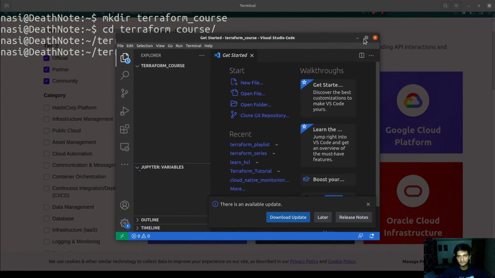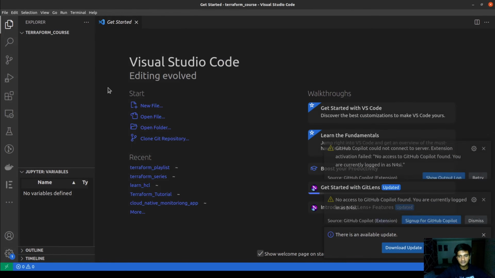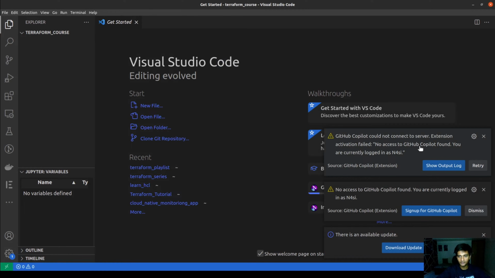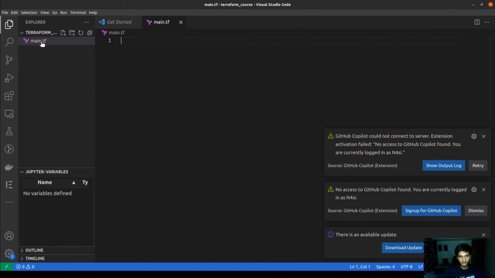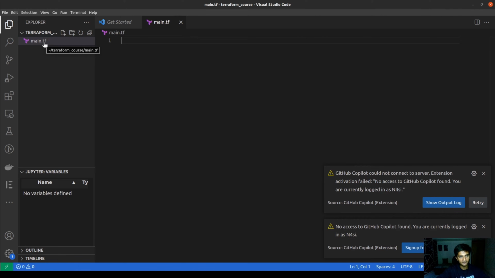I'm here in my VS Code and let's try to create some EC2 instances in AWS. And for us to use AWS with Terraform, we need to define AWS as a provider. So I'm going to create a new file, name it main.tf. The Terraform file should always end with .tf extension. So the task is to create